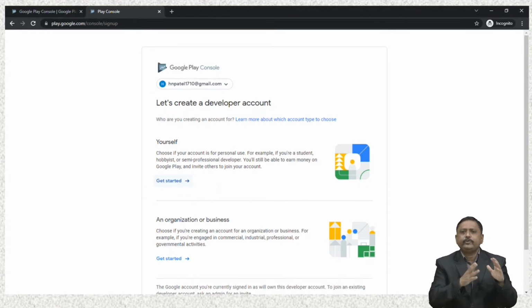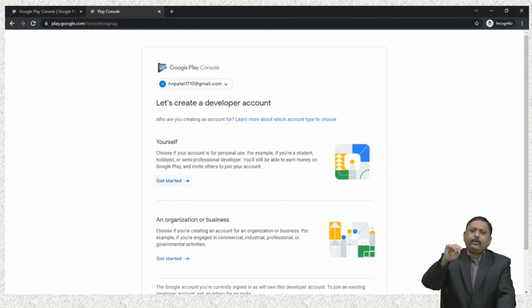First is individual, which is for yourself, and second, if you belong to some business or organization, then you can select the second option, an organization or business. Here I want to create an individual account. So I click on the get started button for yourself. It will create an individual developer account.